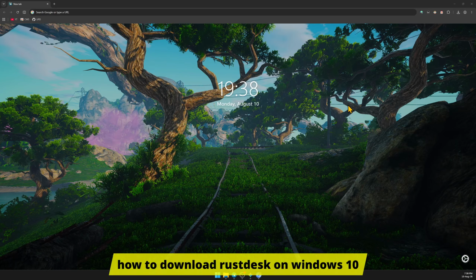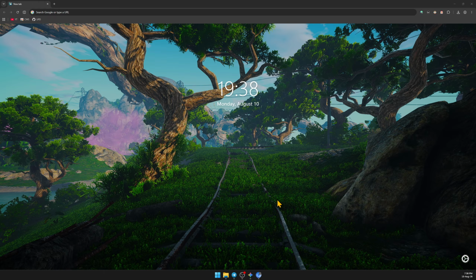Good day friends, welcome. In this one I will show you how to easily download Rustdesk on Windows 10. So it's actually completely identical, the download process on both operating systems. If for some reason you're still using Windows 10, which is already outdated by this point, you can do this